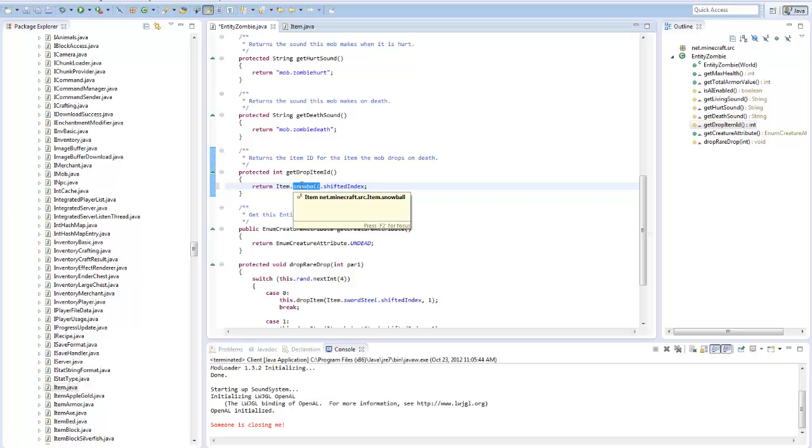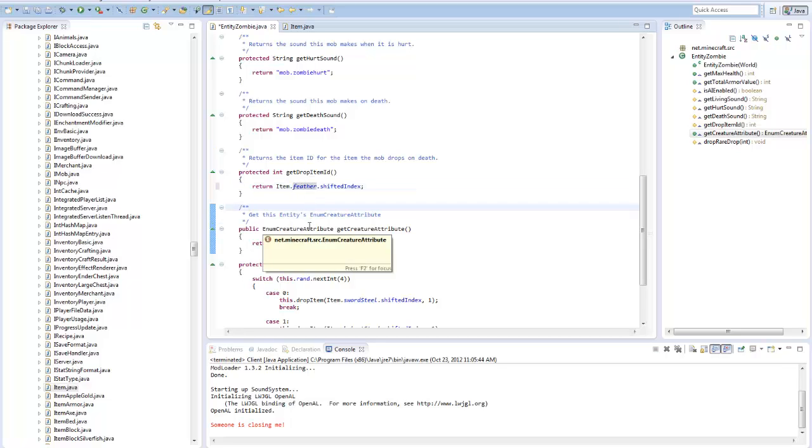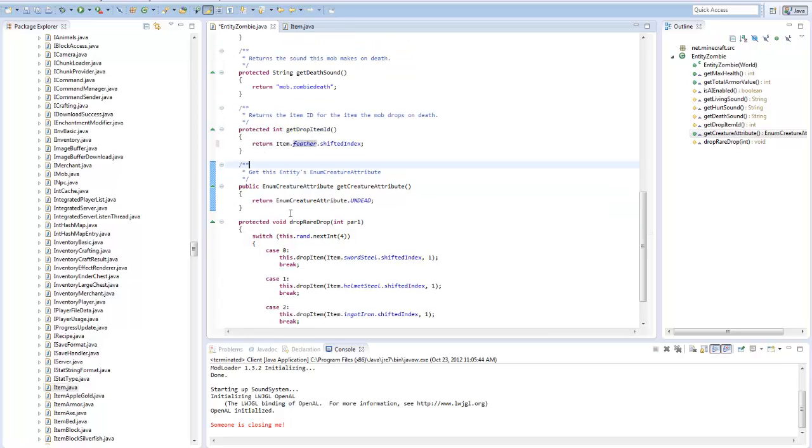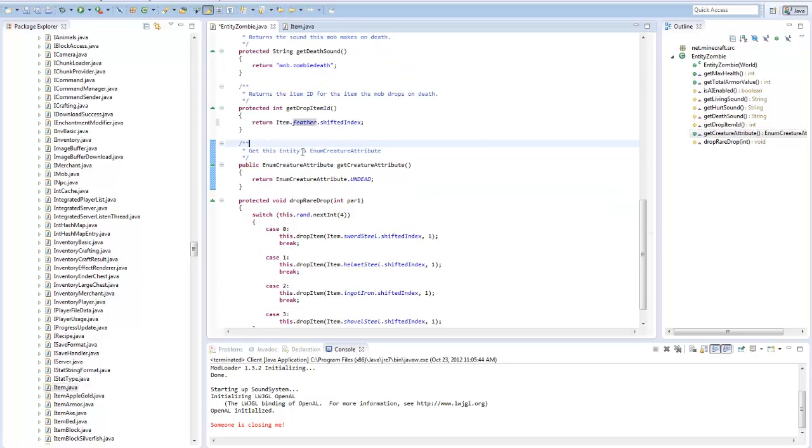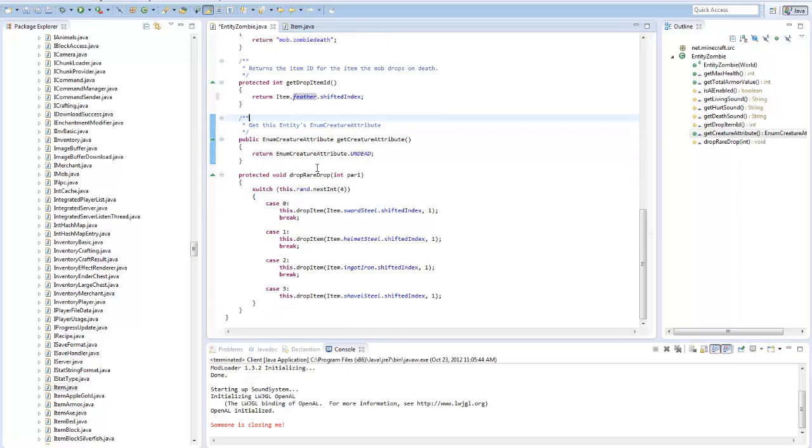Actually, let's see. What about a feather? Alright, yeah, maybe that'll work. Alright. Back to the old code. Now, down here we also have the rare drops. Yeah. So, I believe these are the different cases. You can add more cases if you want. So, if you were to